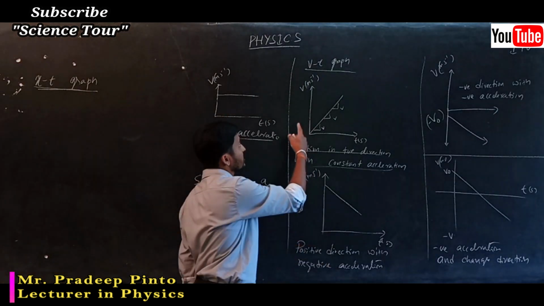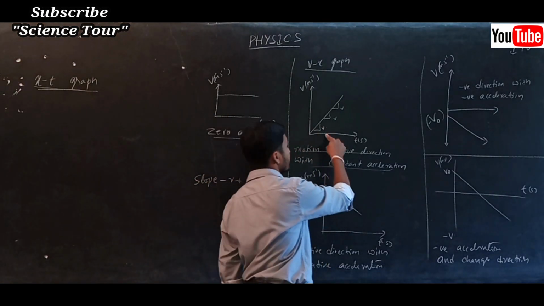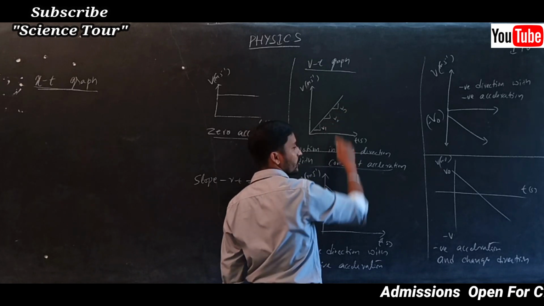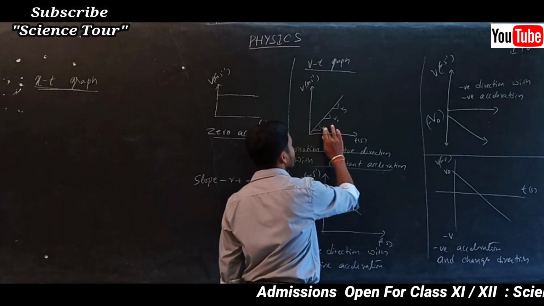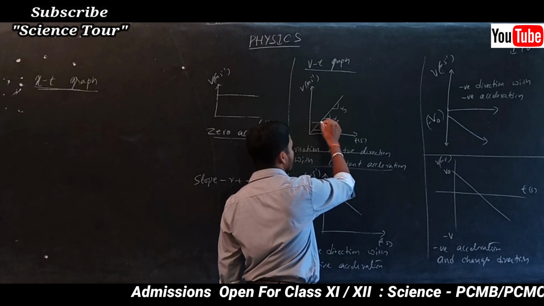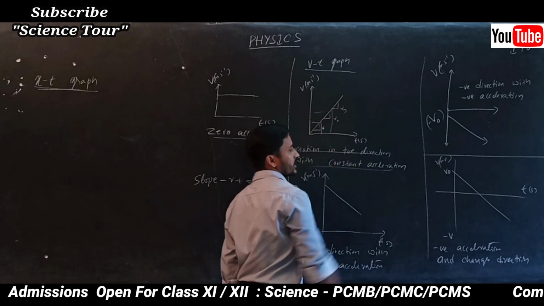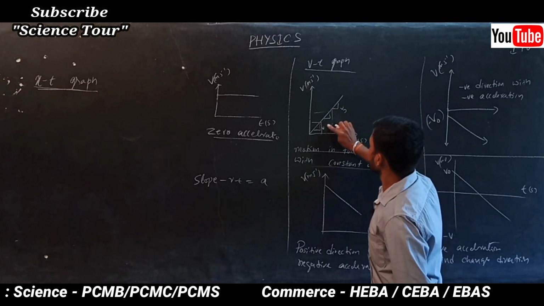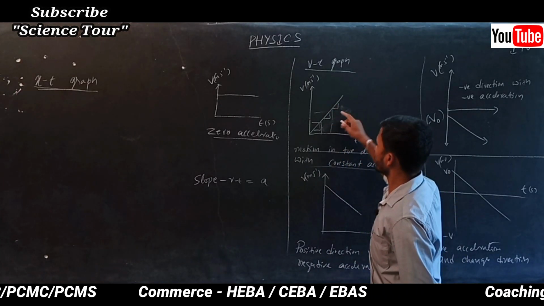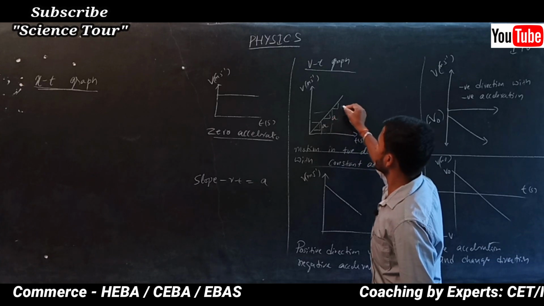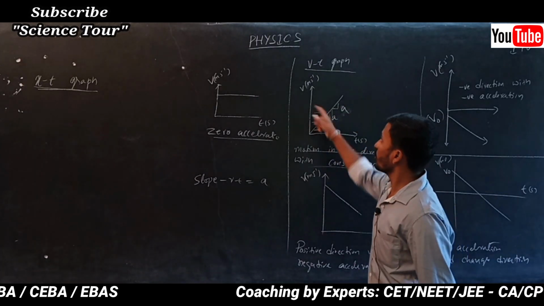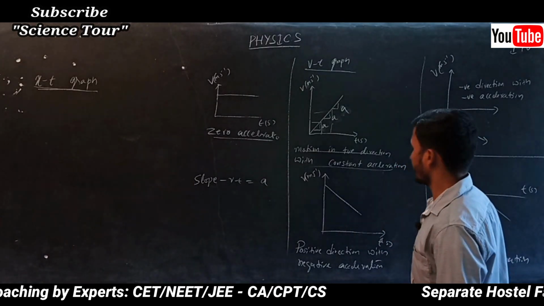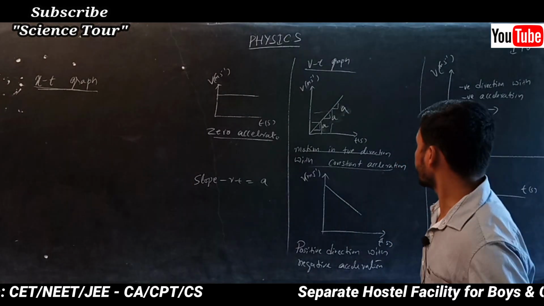Now what is the velocity time graph for constant acceleration? Wherever you find v1, v2, v3, you are going to get constant change, means first it is 2 meters per second, next it is 3 meters per second. Wherever you find the slope, that is the slope. The slope of the velocity time graph is acceleration, and you are going to get constant acceleration here.